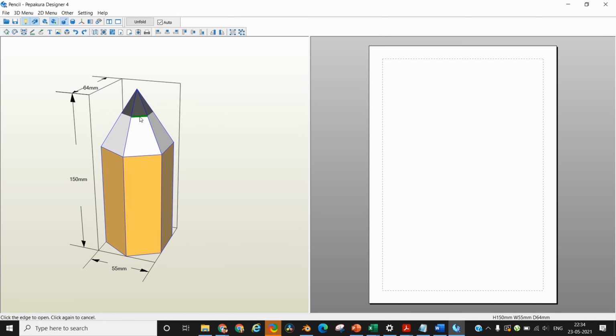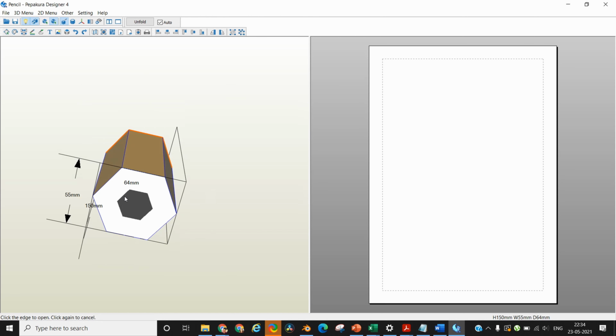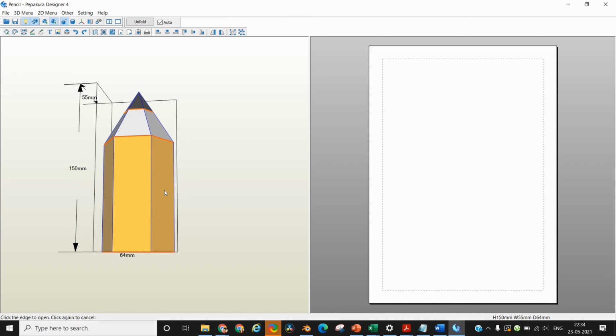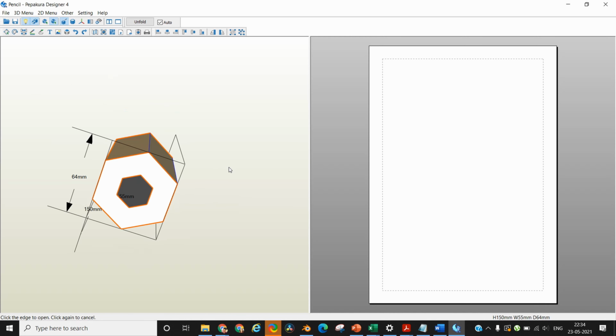Next, define your cut lines, which will tell Pepakura where to break the model. So select that cut line option from the top menu and then define your cut line edges. Now this you have to define as per your own convenience, how you find it convenient to connect the edges. If you find it convenient to have a common connected piece, then you can go for it. If you want separate pieces, then you can go for it. The choice is yours.